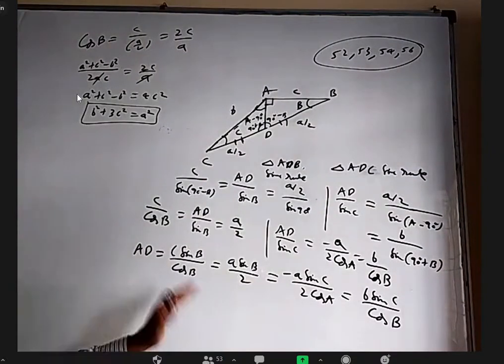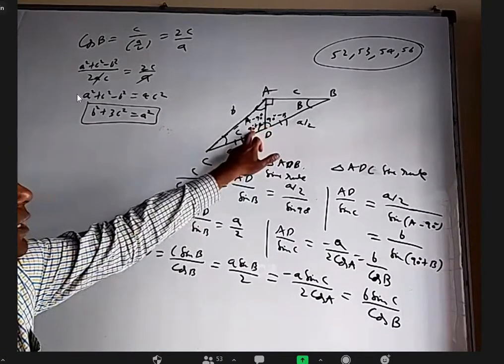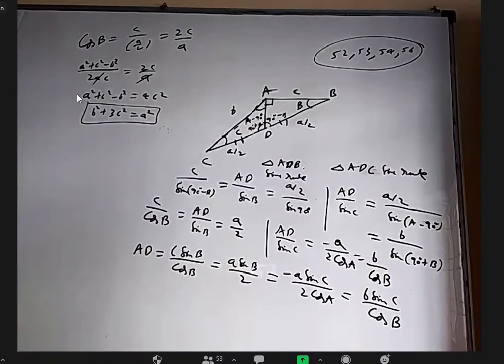Equate these two, and you will get one result. I'm sure you can make up different questions. All of you are able to follow? Yes, sir. This is 90 minus B, this is 90 plus B. That's what I wrote.